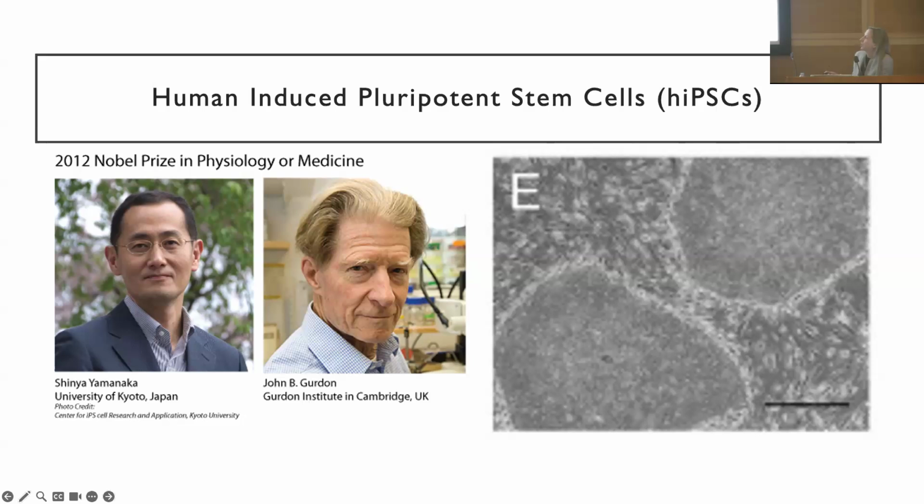And these cells were initially derived in the lab of Dr. Shinya Yamanaka in Japan. Again, a very big deal. So they didn't make it onto the cover of Time magazine like Dr. Thompson, but they were awarded the Nobel Prize in Medicine and Physiology in 2012. The prize was also given to Dr. John Gurdon because the work that Dr. Yamanaka did was really inspired by some cloning experiments that Dr. Gurdon had done at Cambridge many years before.